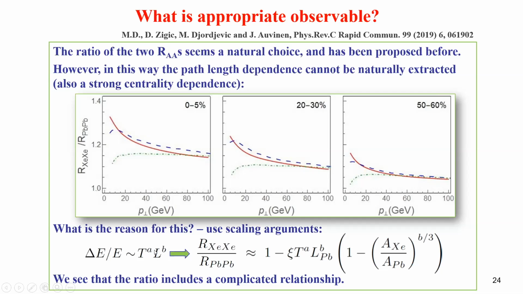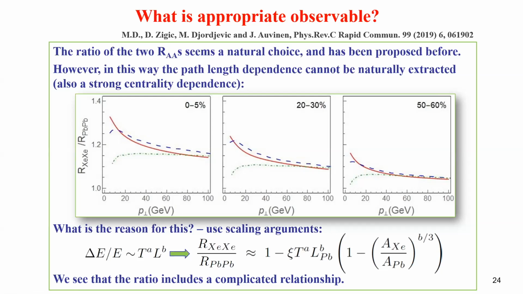We have shown that this is approximately okay. And then when we use this, we can calculate the ratio of RAA in xenon and lead, and we obtain the following expression shown here. By looking at this expression, we see that this is quite a complicated relationship, which depends on the energy of the jet, which is hidden in this factor C. Then it depends on the temperature of the medium, the length, and the centrality. So as a conclusion, we see that this is a complicated relationship from which we cannot extract